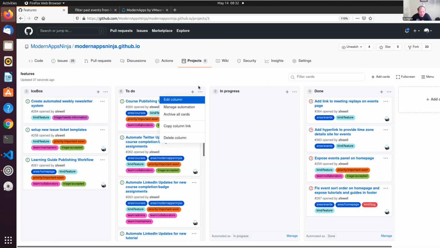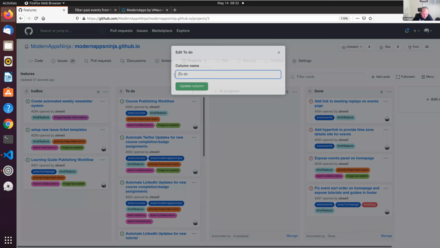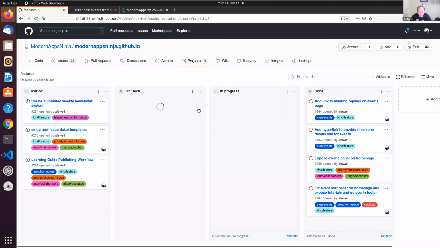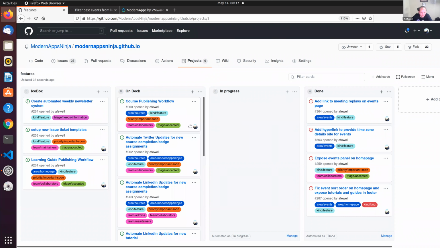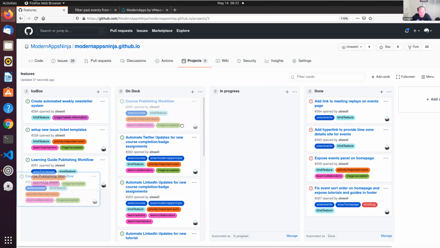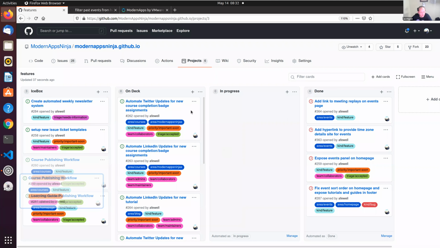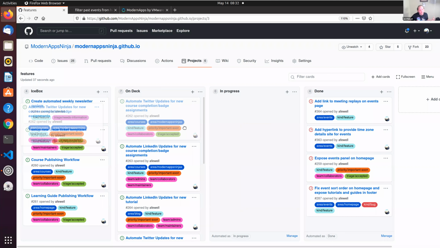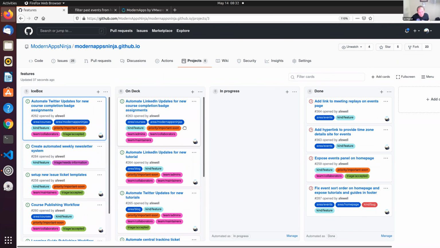I'm going to call this on deck. I don't know if saying something's on deck has significance in certain communities, so I don't know that it's a really good term to use, but essentially these are the ones that we've decided are going to be done next. It's a sort of prioritization exercise that gives us a level of prioritization other than just the labels. Because again, there may be times that